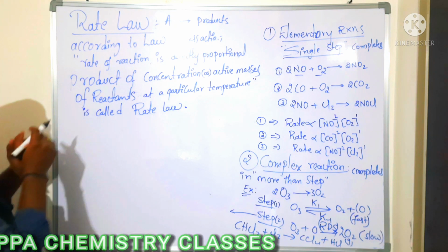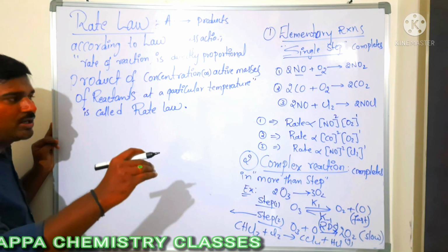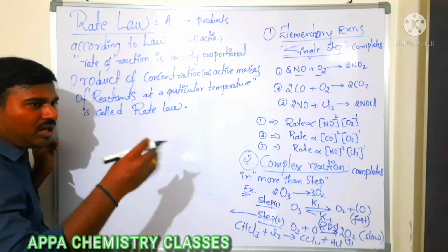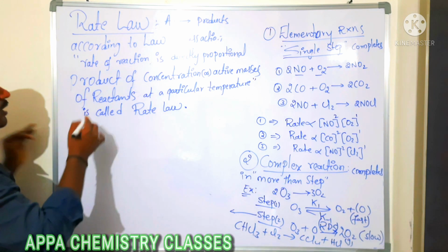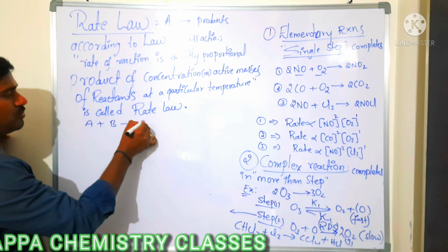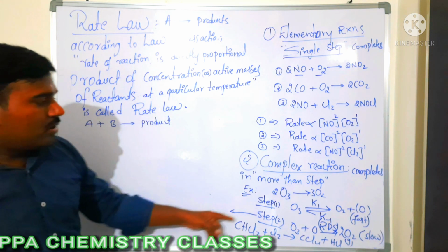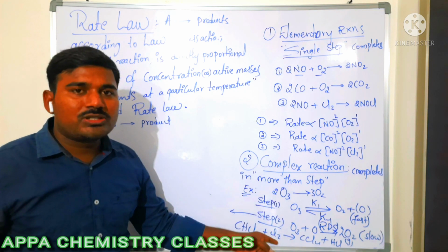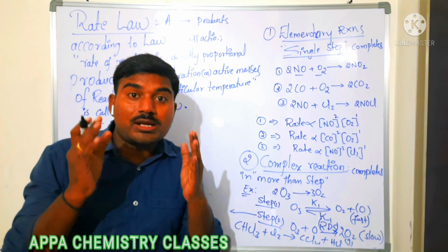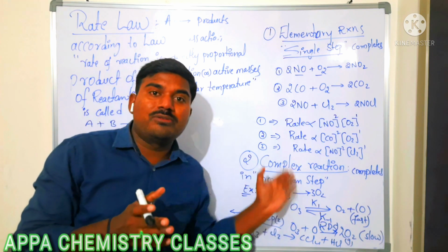Now we will take one complex reaction. Most of the reactions are complex. If I am taking an elementary reaction, I will definitely mention it in that reaction. Now we will take one question, the equation A plus B gives rise to product. For this reaction, how do you know which of step 1 and step 2 is the slow process and which is the fast process? Only experimentally. So the rate law can be given based on the experimental values of how the concentration of reactants is changing.